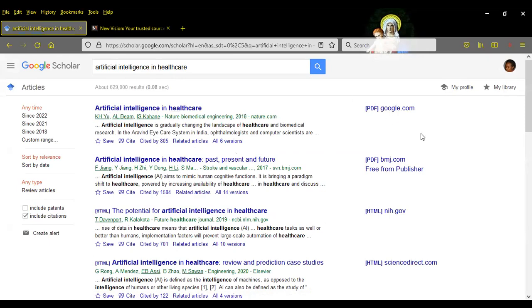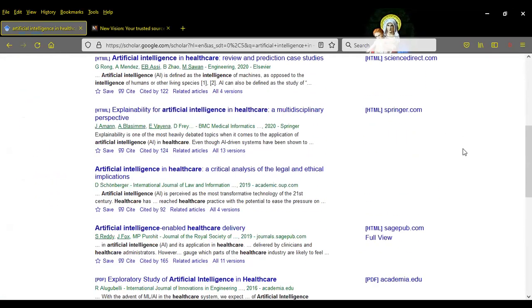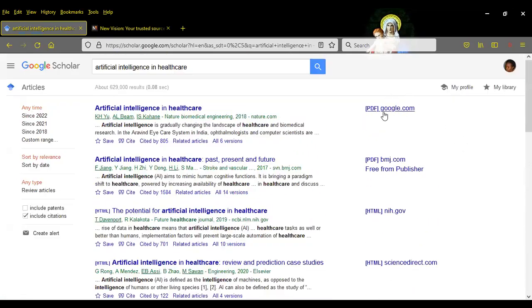Now, artificial intelligence in healthcare. Do you see all these are articles? Some of them have this PDF on the side, which means you can download it. Have you seen that? I can easily click on this and it downloads the article.